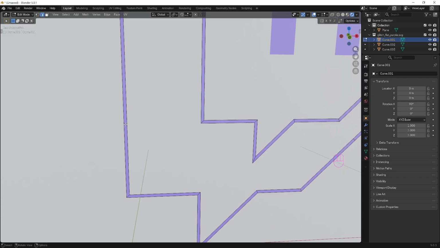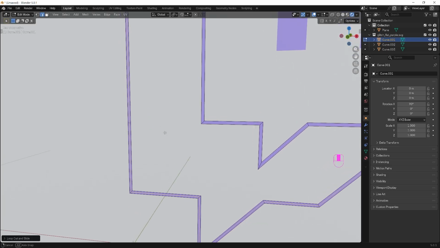So zoom in a little bit, make sure you're in the edge select mode, and click on one of the edges inside this border. Then press Ctrl and R to add a loop cut, left click to confirm, and right click to leave in place. To make it easy to see which lines are control loops, let's mark this as a seam so it turns red. Then right click and mark its seam.